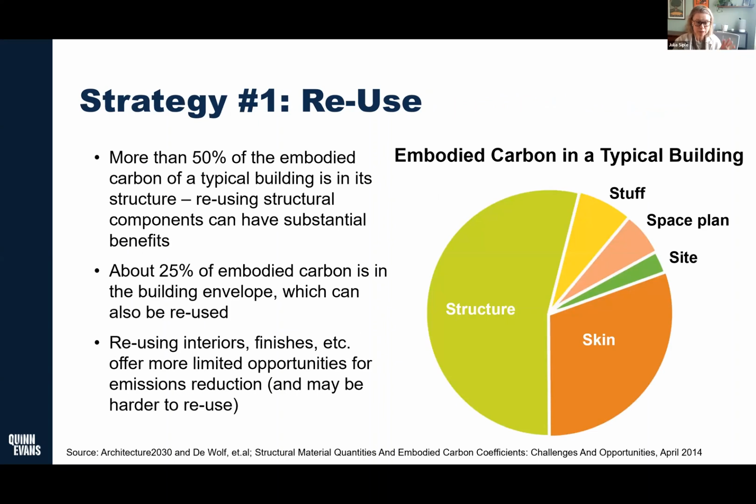So for our reuse strategy, part of the reason that this is really important is the structure of the building accounts for so much of the embodied carbon that is already there. Not surprisingly, that's all of our existing concrete, steel, those heavy components. Mass is really one of those things that helps indicate where that carbon is located in a building. So reusing just the structure of a building is a very effective strategy of reducing the embodied